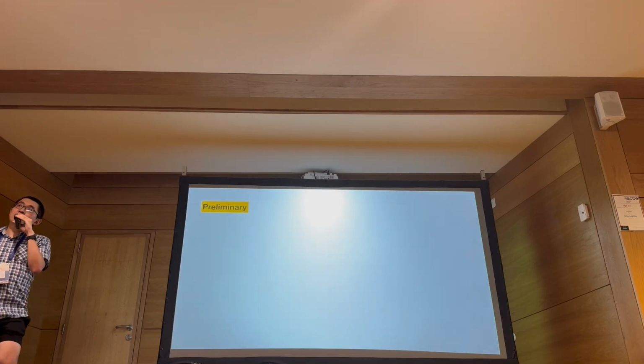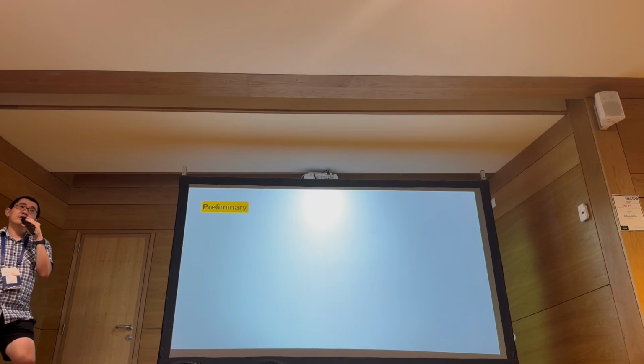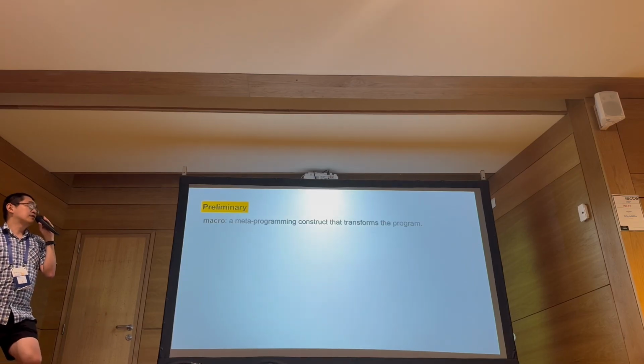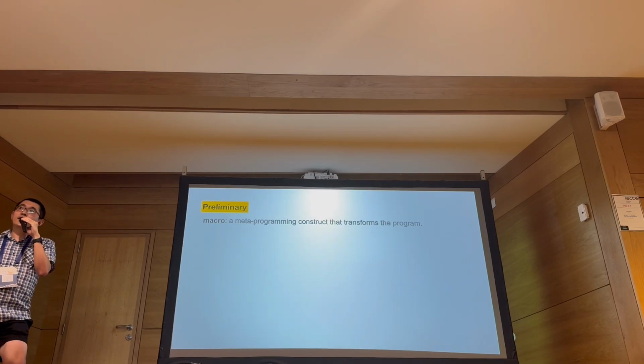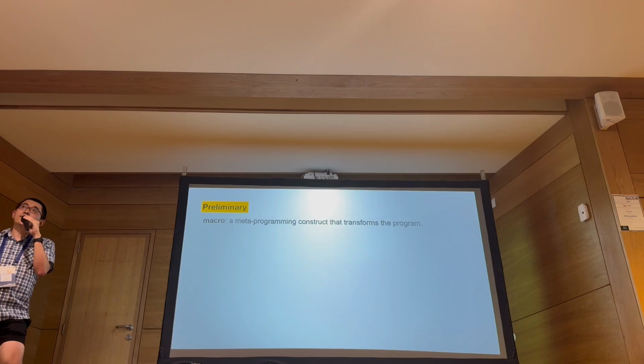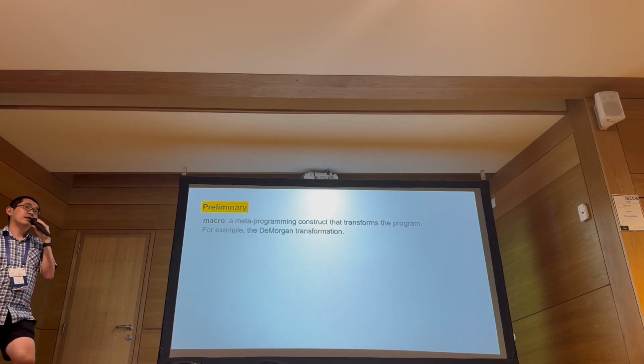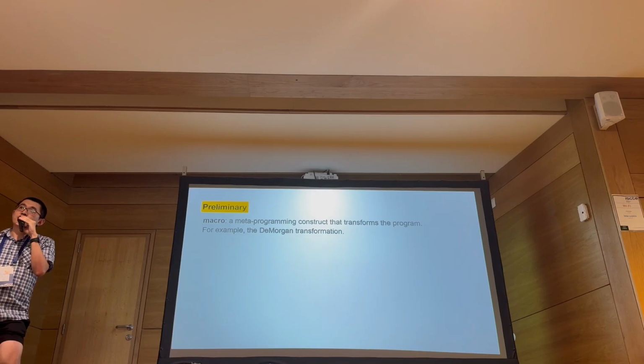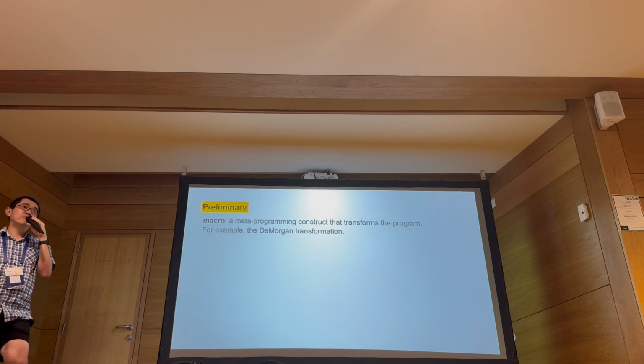Some preliminaries before jumping to CaVE and its implementation. The macro here is the Scheme macro, which supports meta-programming. We can construct and transform programs. One example we can use in logic programming is the De Morgan transformation. For example, you have any CNF or maybe DNF, you apply a negation to it, and you want to change it to another form. It can be easily done by a macro in Scheme, just a one-line macro.